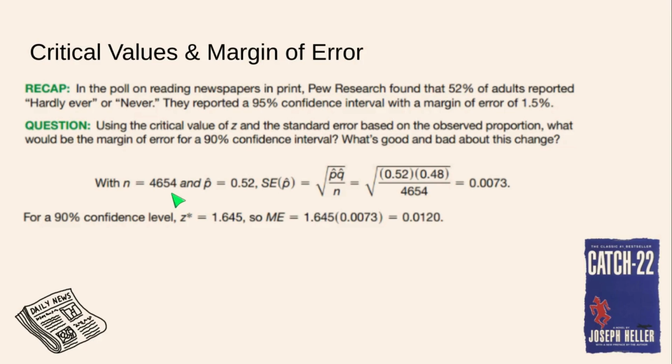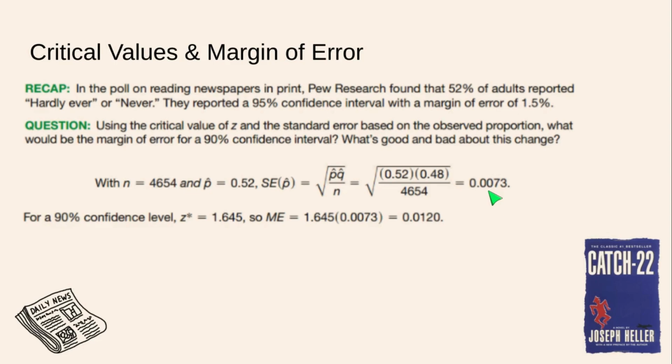Our sample size is 4,654, if you recall from the prior problem. No shame if you didn't remember that. P hat, our sample proportion, is 52%. So the standard error, not standard deviation, we're using some sample data for an approximation, for P hat is approximately equal to the square root of P hat Q hat over N. P hat is 52%, Q hat is 48%, N is 4,654. Throw that in a calculator and you get that little tiny number right there, just north of